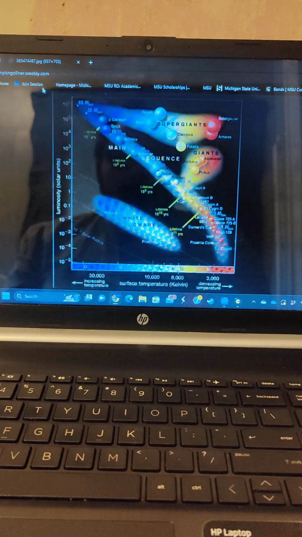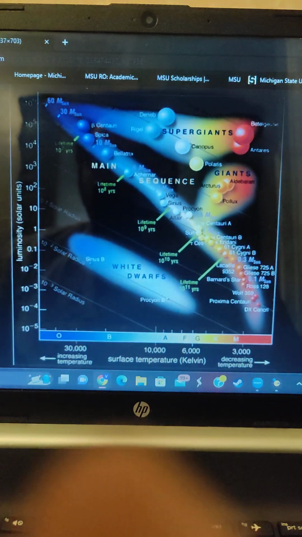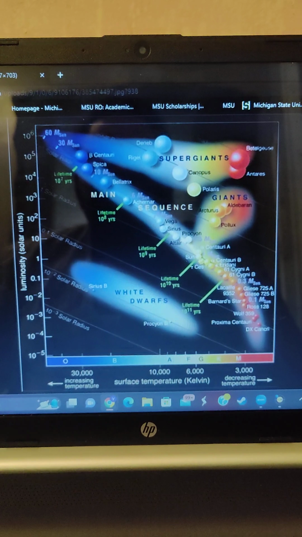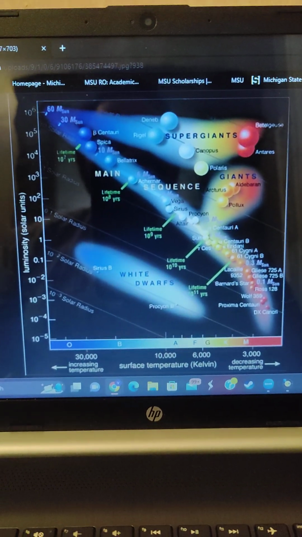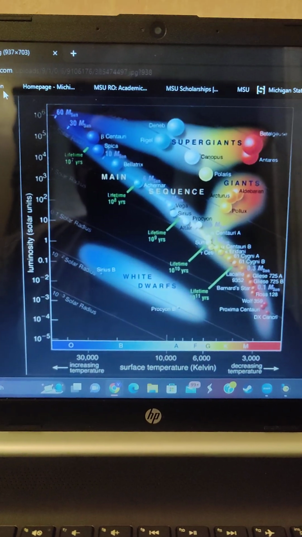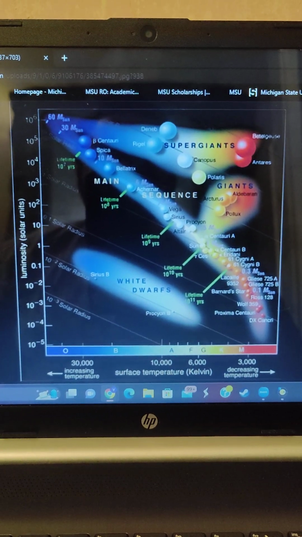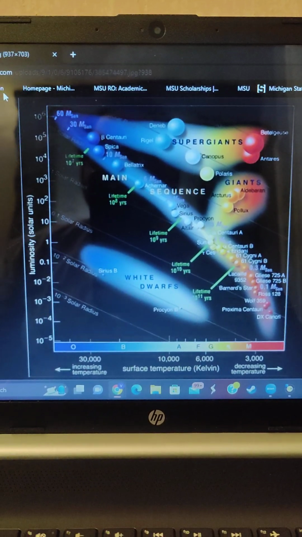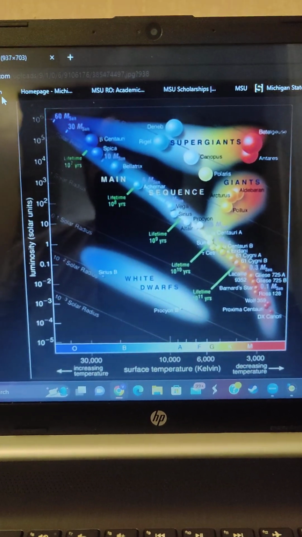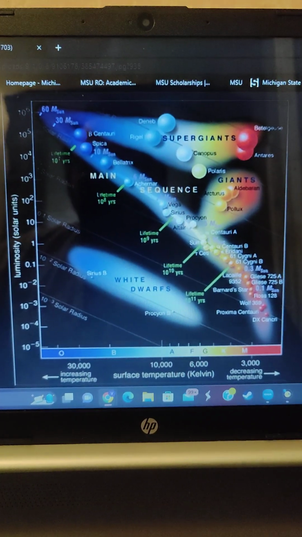Those classes are astronomy classes, not necessarily for scientists or people wanting to be scientists, but for just people wanting to expand their knowledge and have a basic understanding of some things in regards to a science. But we covered a lot of things: Milky Way galaxy, stars, space in general. But one of the topics I found interesting was the stars, or the HR diagram that I have pulled up